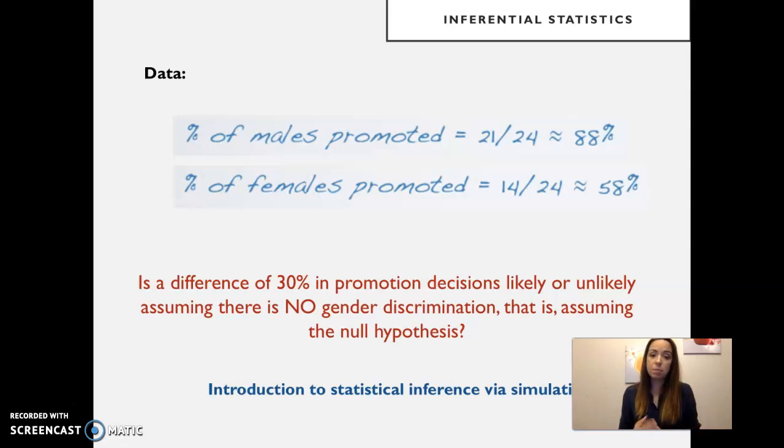We determined, based on the promotion data, that there was a difference of 30% in promotion decisions that are gender-based. So 88% of the managers that received a male-marked file did the go-ahead for promotion, and only 58% of the managers made that same decision when receiving the same file, except marked as female. Now, we wanted to know whether a difference of 30% in promotion decisions is likely or not, assuming that there is no gender discrimination, right? Assuming the null hypothesis, such that we could trust that that difference is meaningful and that we should be concerned